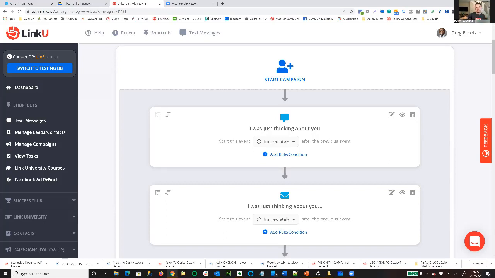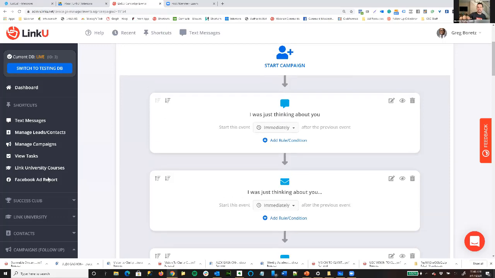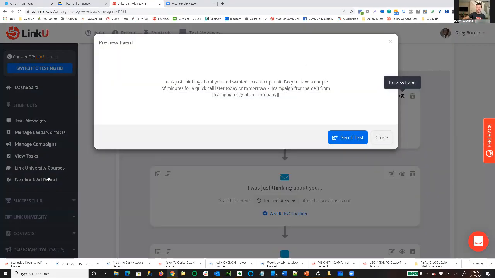So the next thing is, once that contact or multiple contacts are in the campaign, this is a text message you're going to get, just like the example I showed you. One thing to make sure of with any automated system: none of these CRMs can send from your mobile phone number. It just isn't allowed. Unless you're using some special app on your phone, only your phone can send text messages for the most part. I know there are text messaging apps on your computer, but ultimately, it goes through your phone.